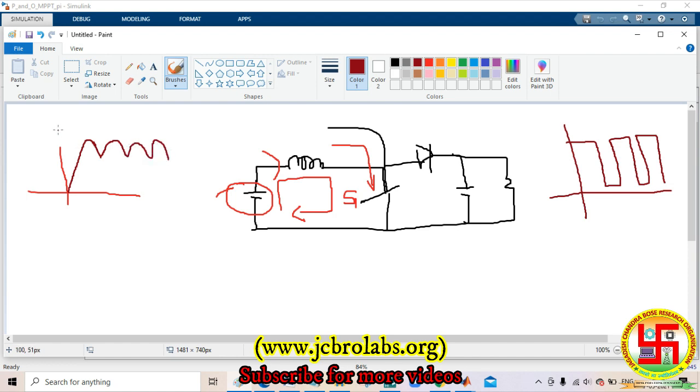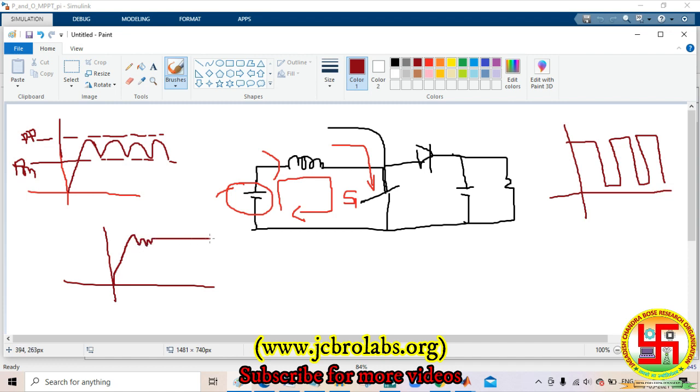So if you are getting this, then the output voltage here has delta VPP, the peak-to-peak voltage, and the peak-to-minimum voltage. These ripples we need to minimize. To minimize the ripples, the output voltage waveform of the DC-DC converter needs to start here, oscillate and settle down at one point.